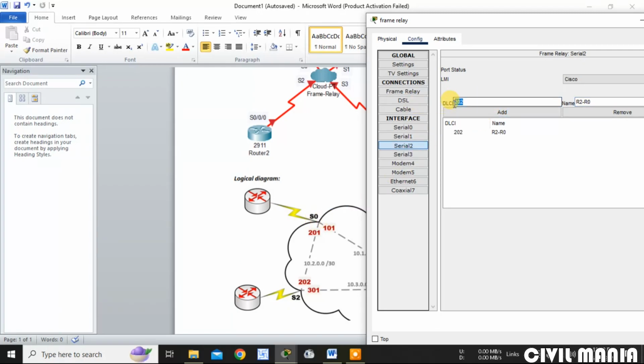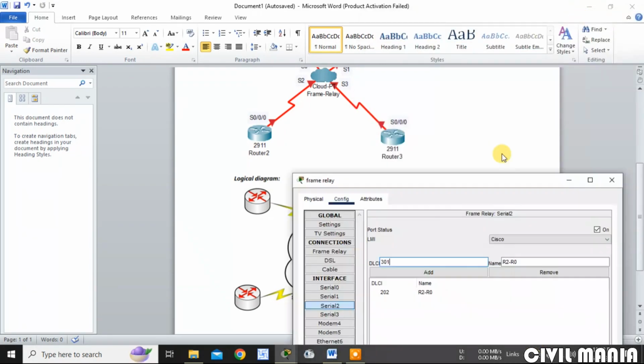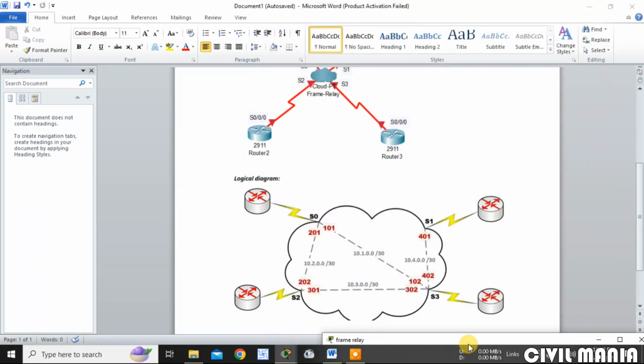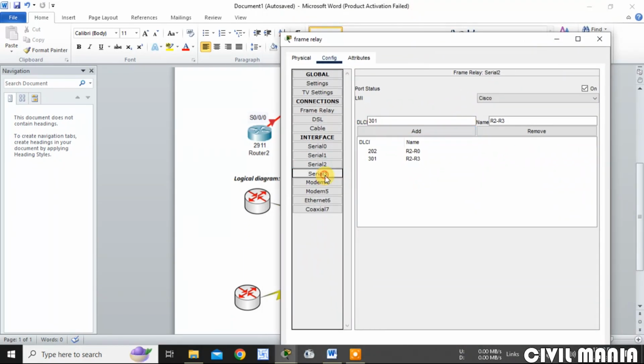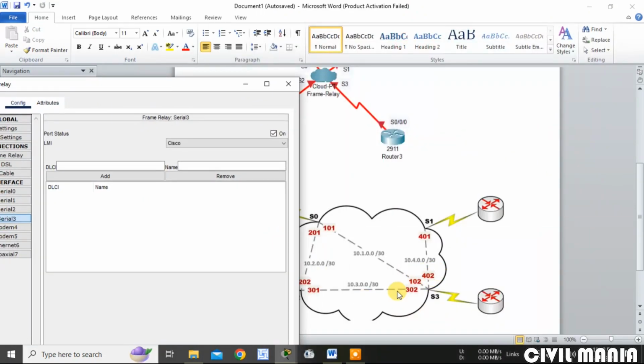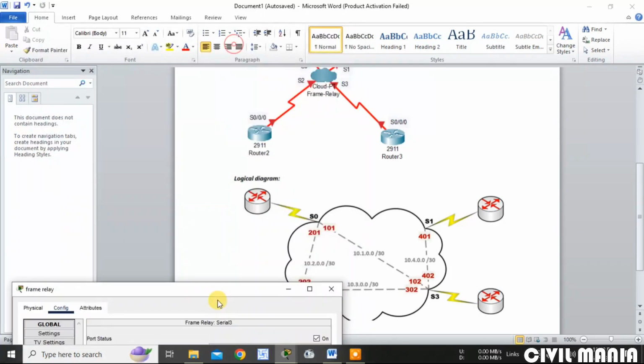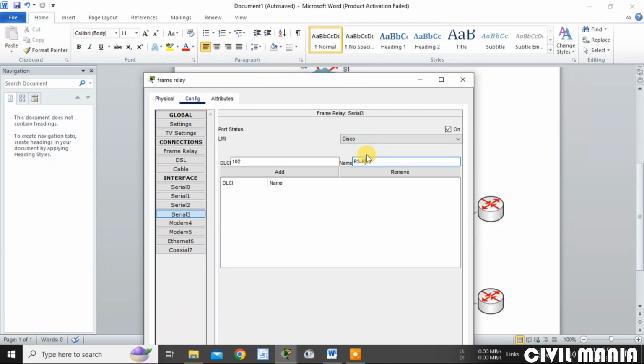Then 301 is present, which is the link between router 2 and router 3. Now let me move to the serial 3. In the serial 3, 102 is the DLCI, which is present between router 3 and router 0.